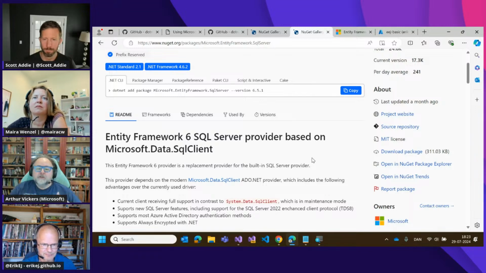We wanted you to explicitly opt in to using Microsoft Data SQL Client. And like I said before, EF6 is not architectured in the best way for doing that, so you have to jump through a few hoops. That being said, given the number of people who have used Erik's package and been successful with it, even though it can be a little confusing, people get there pretty quickly. It's not as scary as it might seem.